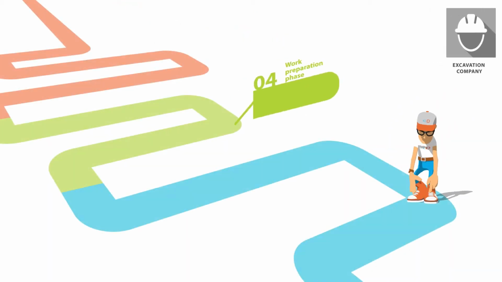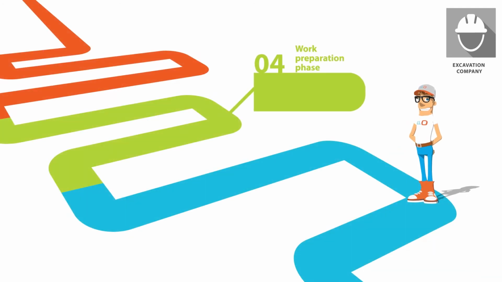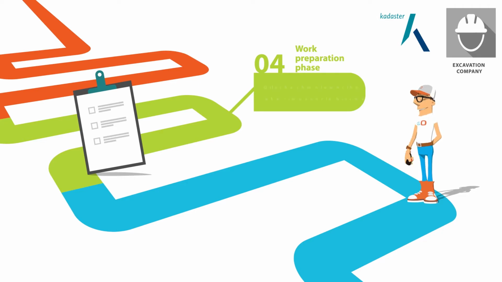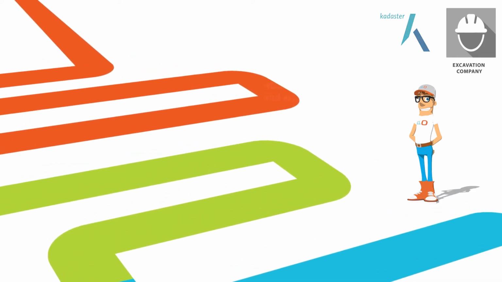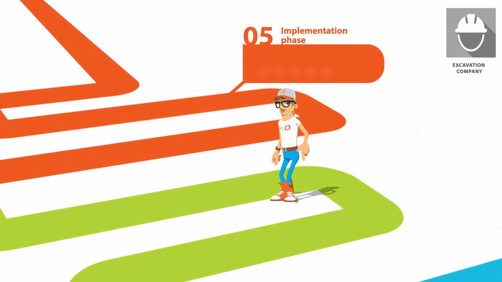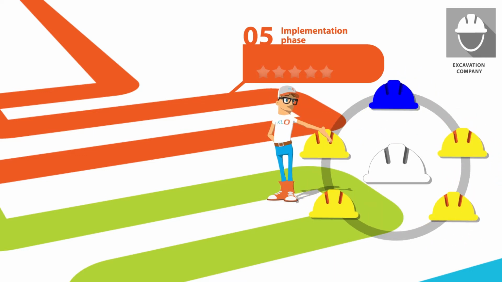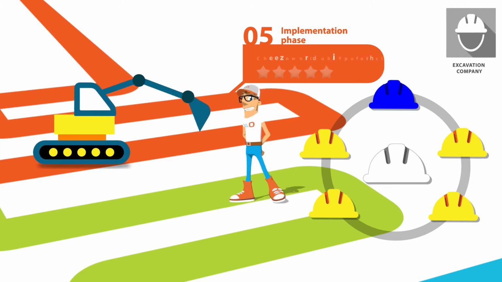In the work preparation phase, the excavator starts work with a measures plan. An excavation notice is sent to the land registry and working instructions are prepared for the excavation team. In this way, the excavation company ensures a good start to careful excavation under its supervision. In the implementing phase, the excavation company instructs all the operative staff. It ensures that the work is performed in accordance with the instructions so that excavation damage is avoided.